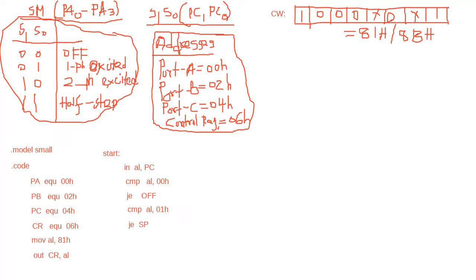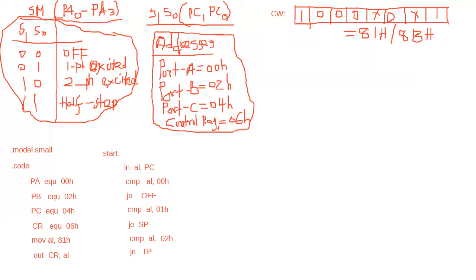Look here, S1 and S0. If they are 1 0, and all our previous MSB bits are 0, then it will be 02H. If it is 02H, it will work for two phase mode. Jump equal to two phase mode. If it is not, then compare